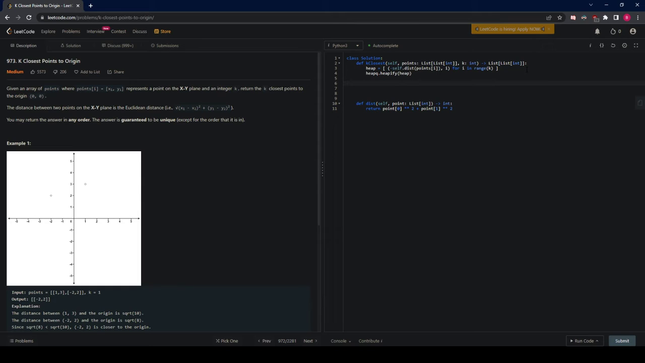And now we will handle the rest of the points. So for i in range of k to the length of points, we're going to be holding a temp distance equal to the negative of self.distance